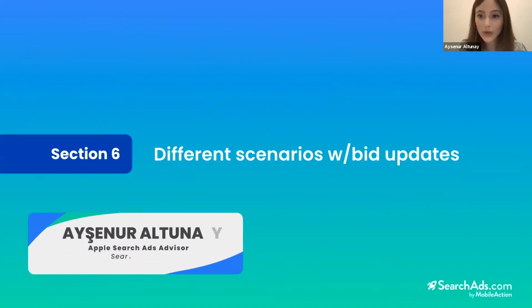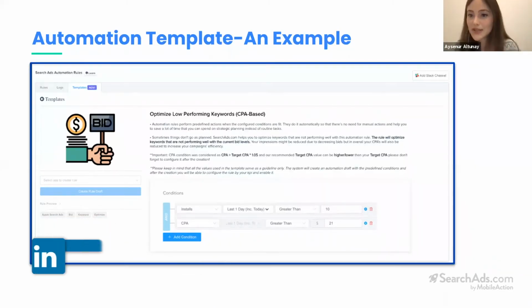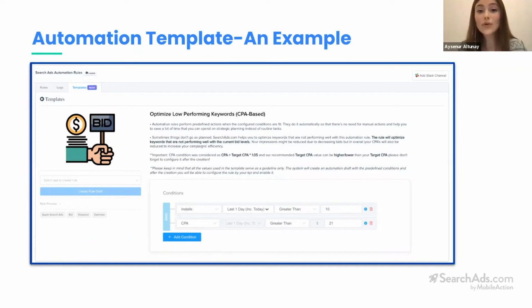Lastly, we are going to talk about different scenarios with bid updates. About the bid updates that I just said, each keyword has its own individual bid, and it is also something very dynamic, because for example, let's say that a keyword's bid is performing quite well for you,